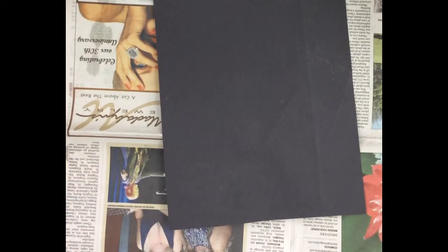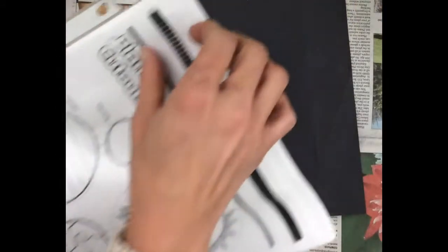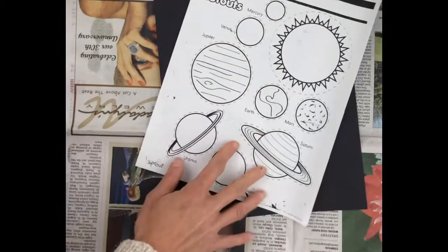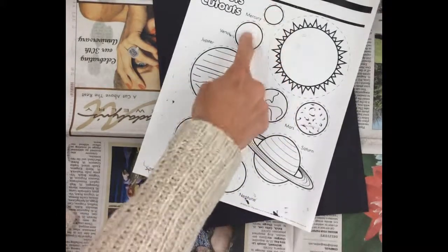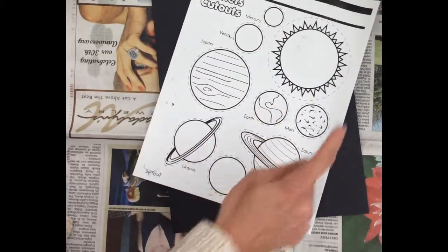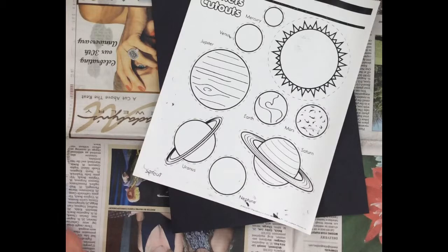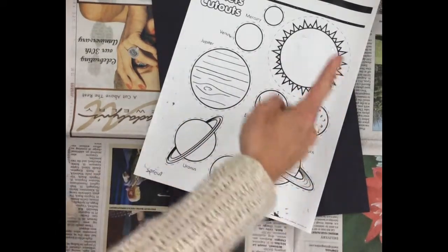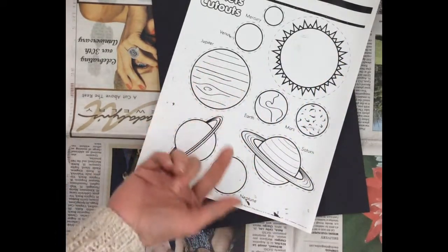Now the white piece of paper, I actually already printed off some of the planets for you. So if you look right here, it has the sun and 1, 2, 3, 4, 5, 6, 7, 8 planets. I don't think Pluto is considered a planet anymore, so there's actually only 8 on here. Now, you could color the planets and make it look like they're a texture, but I like to turn my